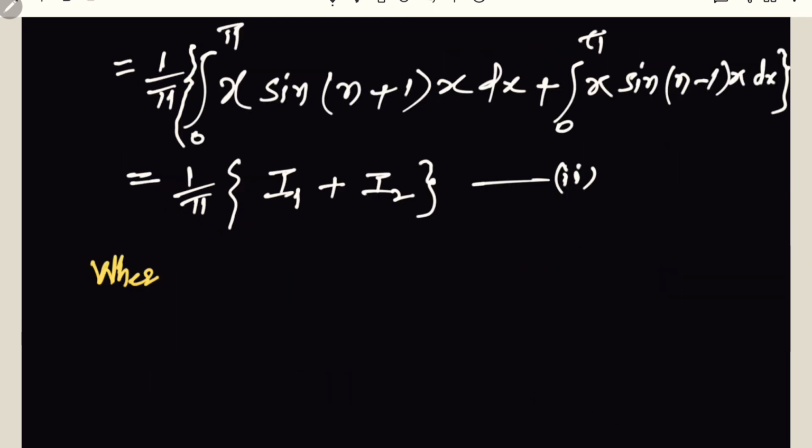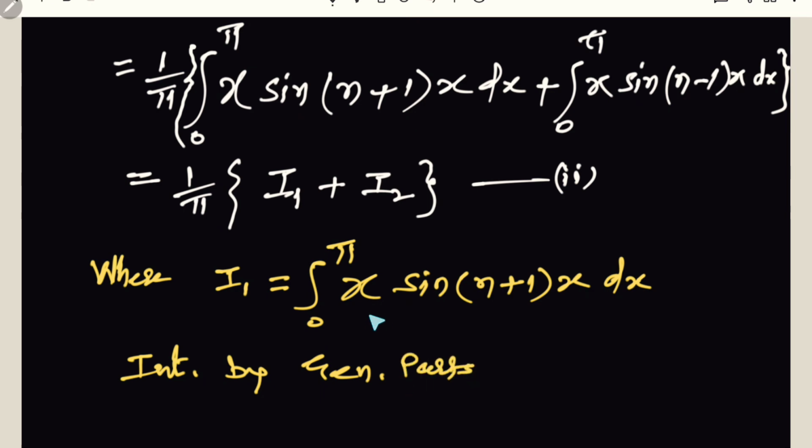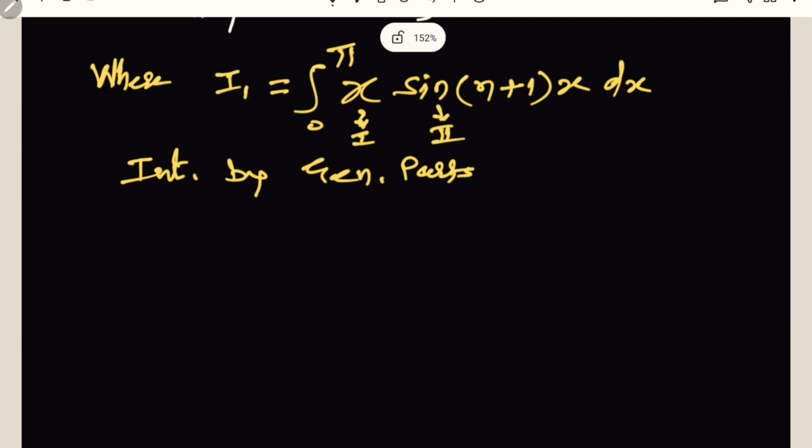Where the value of I1, the first integral, is integration from 0 to pi of x into sine of n plus 1 times x, with respect to x. As it is the product of two terms of x, we apply integration by generalized part. We have to decide the order in which we consider the terms. X is algebraic, therefore first term, and sine is trigonometric, therefore second one. And applying that generalized part formula, we have